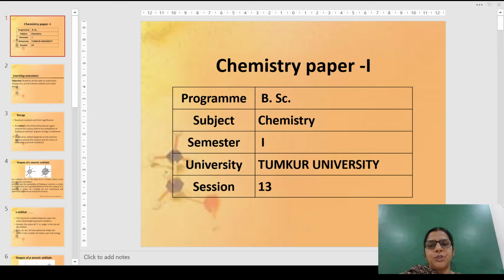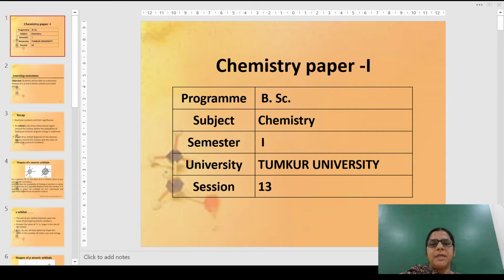In two dimensions, if you are writing the p orbitals, this is how they are represented. On the x-axis, we have orientation along the x-axis, and it is 2px, along the y-axis, it is 2py, and along the z, it is 2pz. 2 refers to the energy level, n, the principal quantum number.